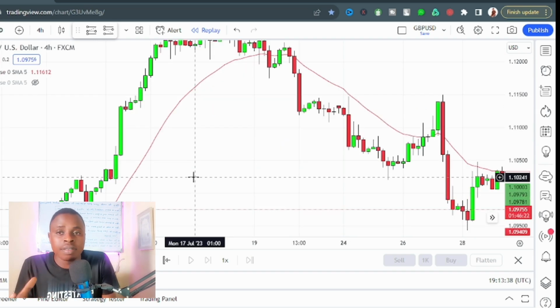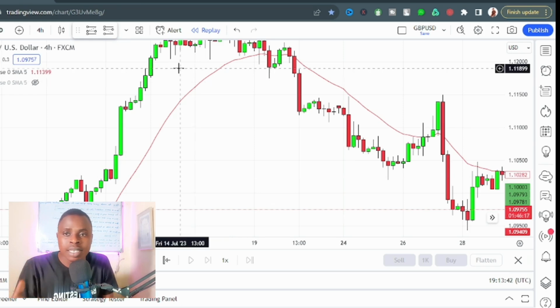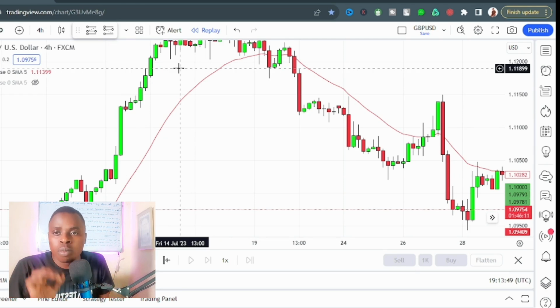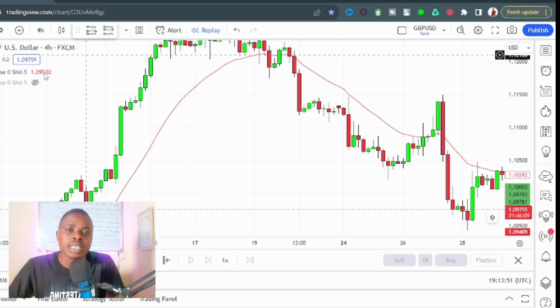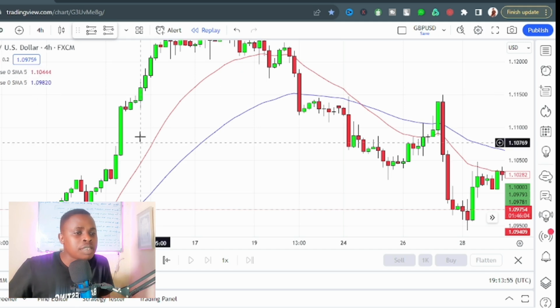Since the moving average is always following where the market is, because it's a lagging indicator, the best way to use moving averages is to use multiple moving averages. For example, in this case, if we add another moving average here, which is the 50 period moving average,